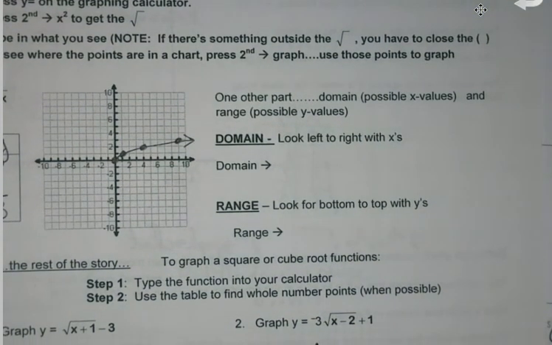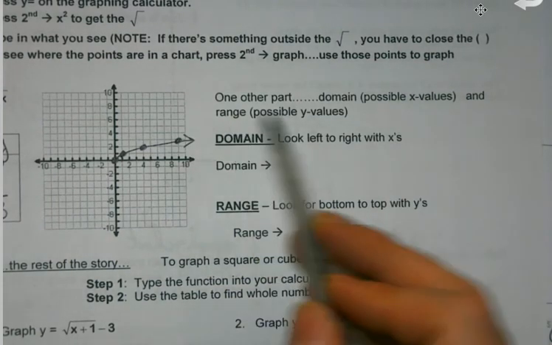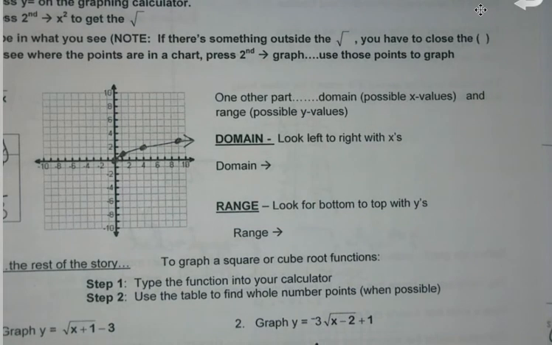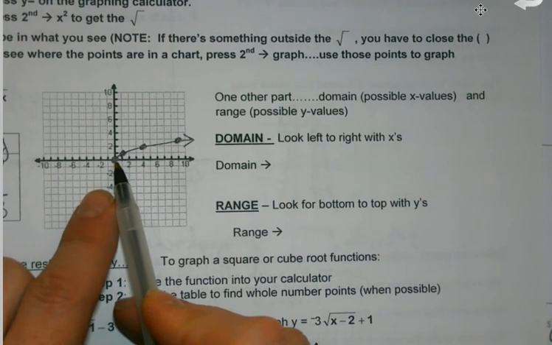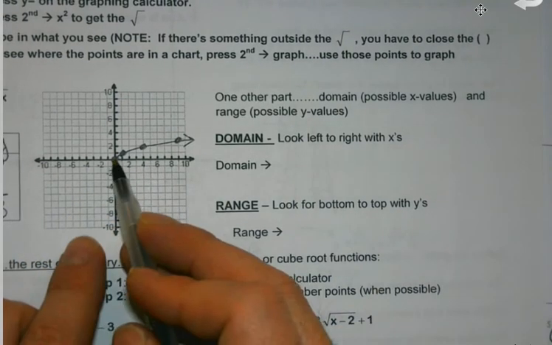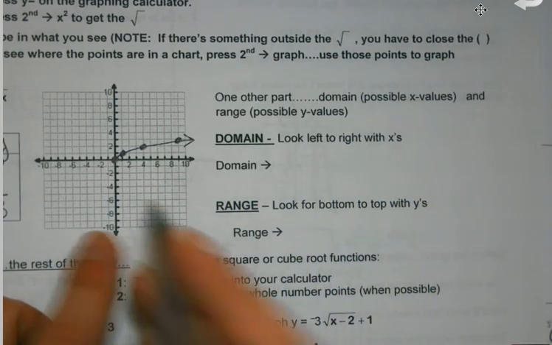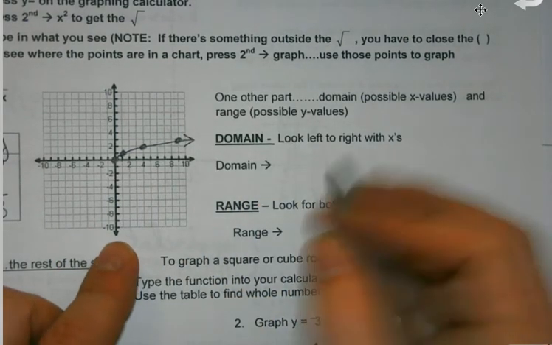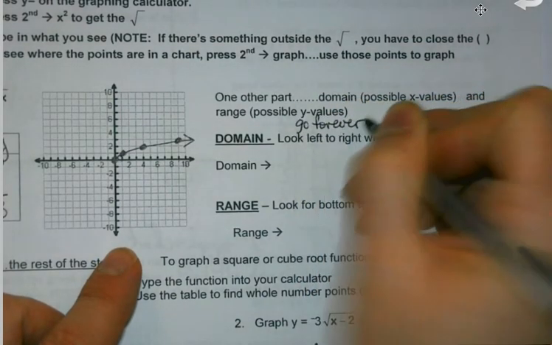There's a thing called domain and range. Okay? Domain is the possible x values that I can get when I'm graphing. And the range is my possible y values that I could do. So when I'm doing domain, I'm going to start at the leftmost point of my graph, and I'm going to go to the right. Now here's how this works, because you're like, well, go to the right, that arrow, it's just going to keep going and going forever and ever. That's true. So if you see an arrow and it's going to go forever in a direction,